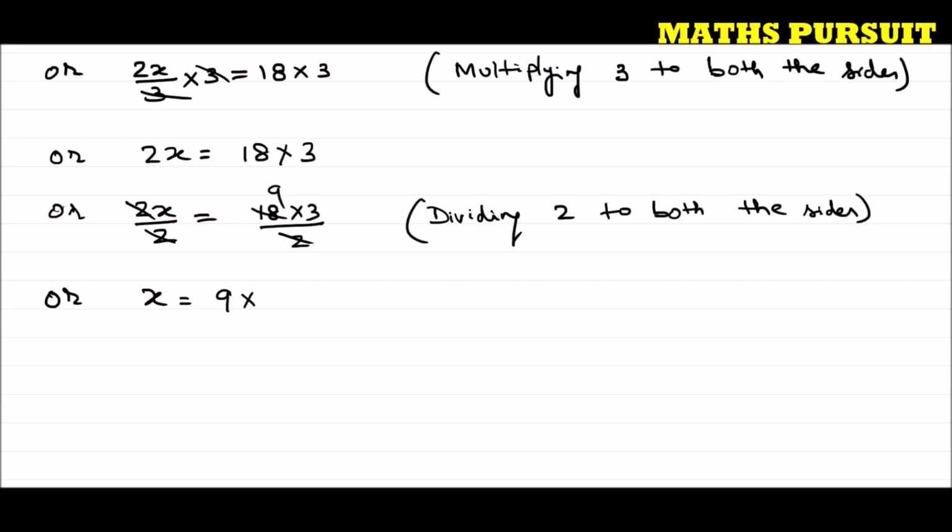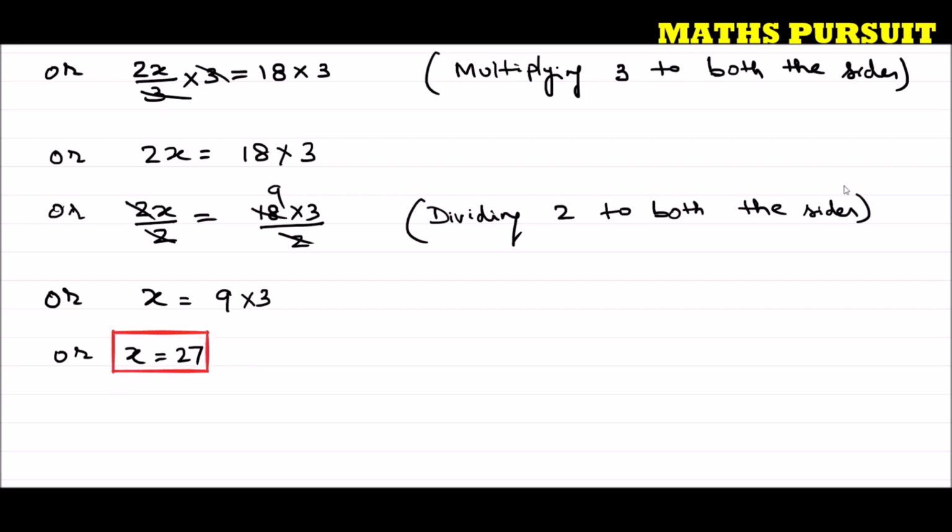So what we got? We got 9 into 3. Now it is very easy to multiply 9 into 3, we know 9 3s are 27. For that reason, here I did not multiply these ones. I just kept it as it is, so that we can eliminate it in the future steps. And what we got? We got x is equal to 27. And this x is equal to 27 is our answer, guys.